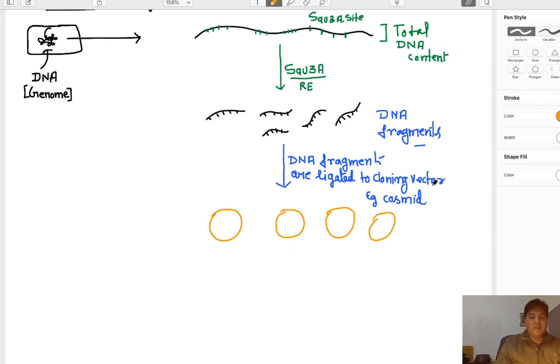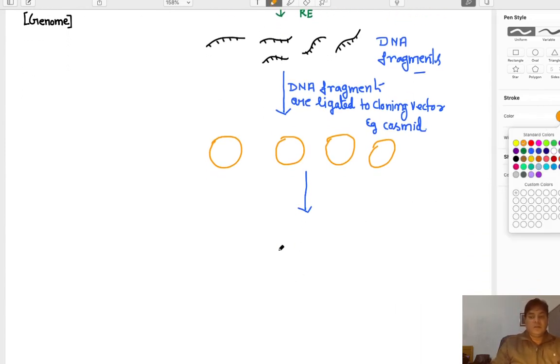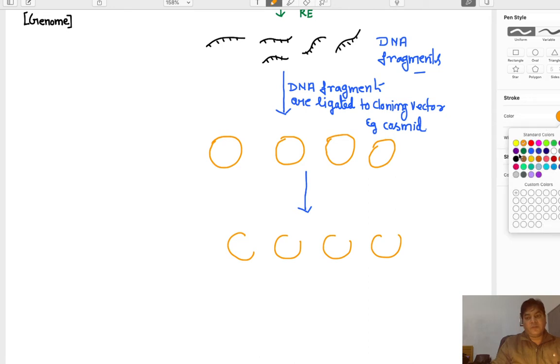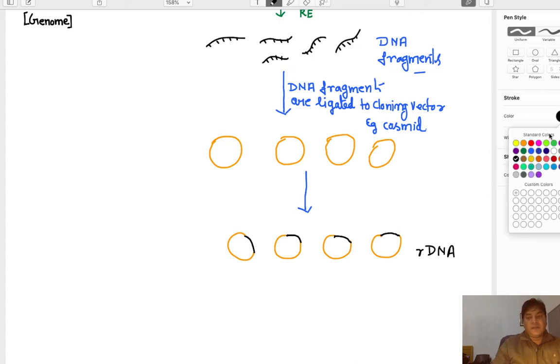and then finally we will have a recombinant DNA in which the cosmids are connected to the separate DNA fragments. So we have to use the enzyme DNA ligase here. So these are the recombinant DNA in which we have ligated all the DNA fragments of the whole genome onto different cosmids. So they are the rDNAs which are being developed here,